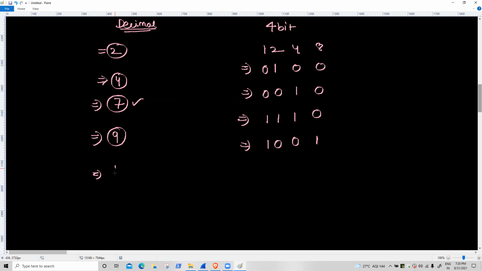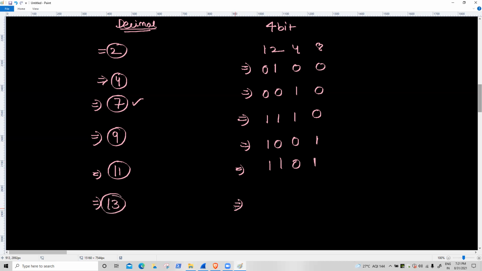One more thing. Suppose you get the number 11. Convert decimal to binary. Which bit is on or off? 1 is on, 2 is on, 1 plus 2 is 3, plus 4 is 7, plus 8 is 15. No, 4 is off and 8 is on. Now the decimal value is 13.